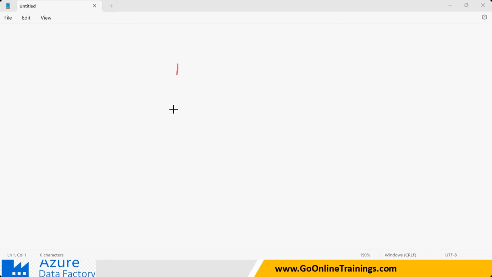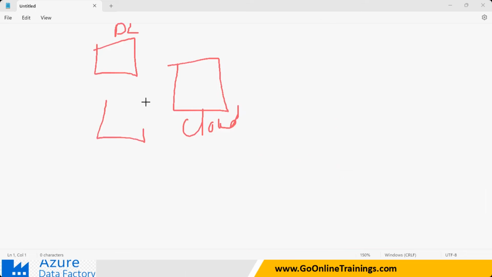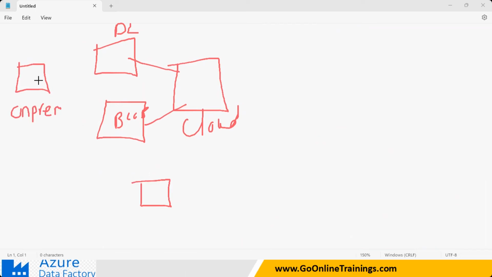Clear? So when you take any cloud, the cloud may get the data from a data lake, or from a blob storage. You may have some on-premises data, some data in my computer, so I will be able to upload the data into the data lake. That means like Google Drive or OneDrive.